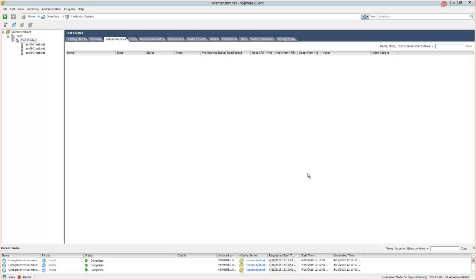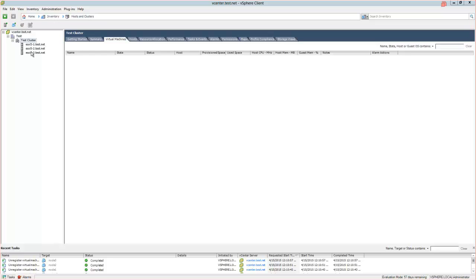Hello, my name is Norman, and in this video we are going to install an Isilon storage cluster on ESXi 5.5. Here we have three ESXi hosts, ESXi 5-1, 5-2, and 5-3. They are part of an Active Directory domain, test.net, and we are going to configure a 3-node Isilon cluster on these three ESXi hosts. I will be using virtual Isilon nodes, so the first thing that I want to do